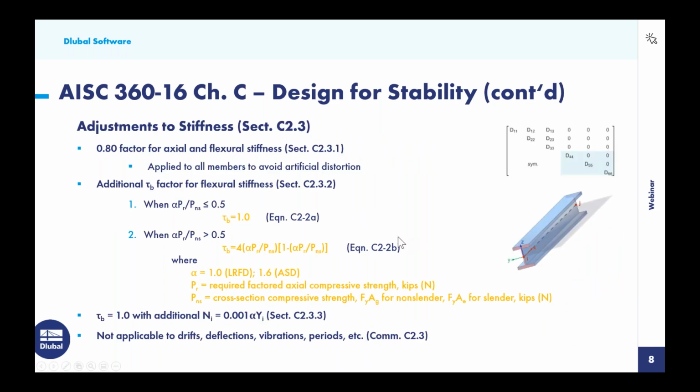Now, the final topic here is item number 4, adjustments to stiffness in section C2.3 to account for inelasticity. The first requirement is to apply a 0.8 factor for axial and flexural stiffness. Now, this should be applied to all members that contribute to the stability of the structure, but the code goes on to say, well, in order to avoid artificial distortion, just go ahead and apply this factor to all members within the structure. Similarly, we have an additional tau sub b factor that should be applied to the flexural stiffness